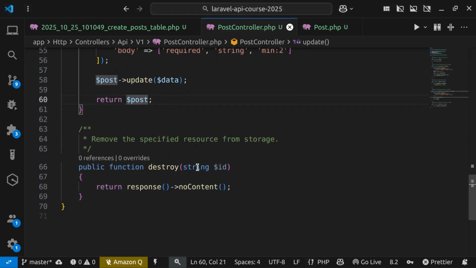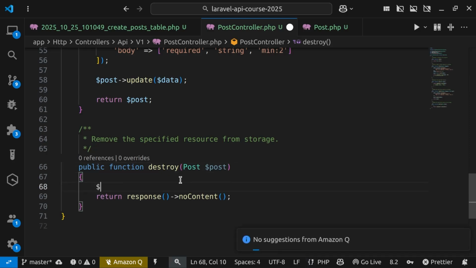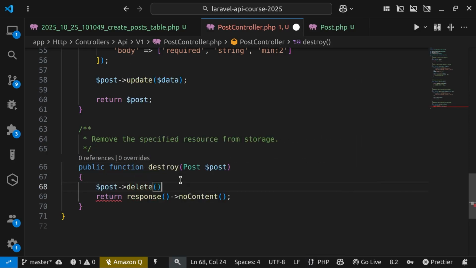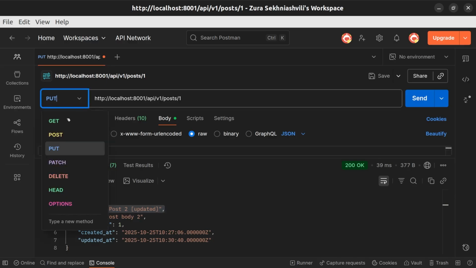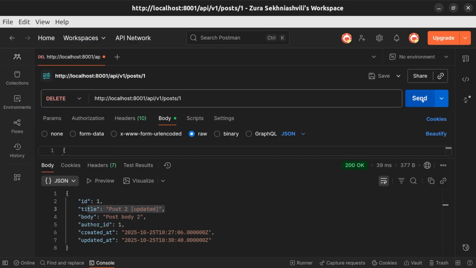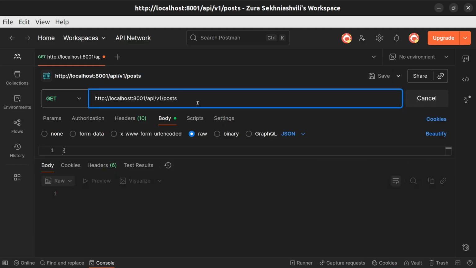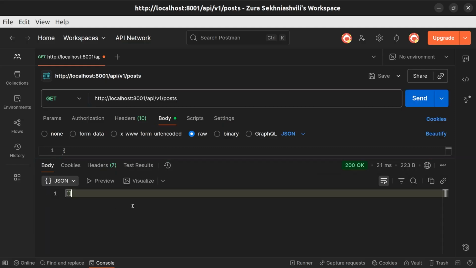And let's do the destroy as well, in which case, again, we can change this into route model binding. Instead of ID, we accept post. We take the post and we call delete on this. The post is deleted and we return with a no content. Now let's send the delete request. We get 204 and there are no posts in the database. If we send the request to get all posts, it returns with empty